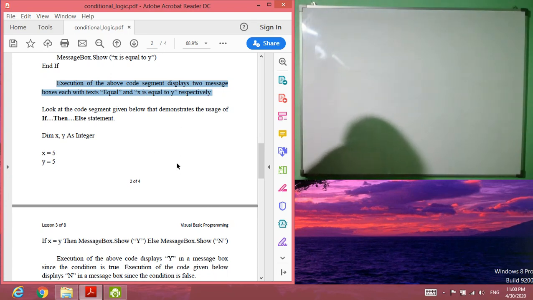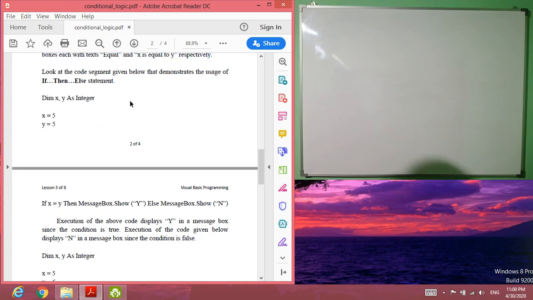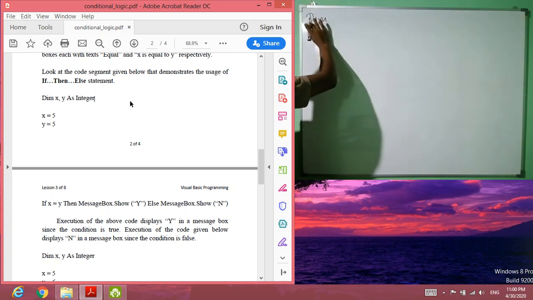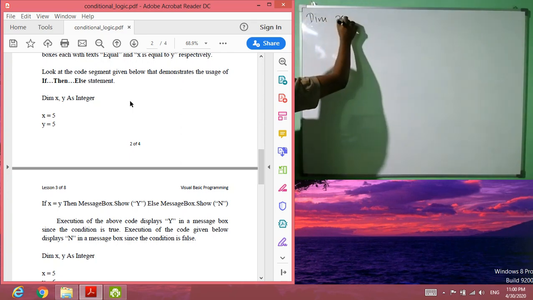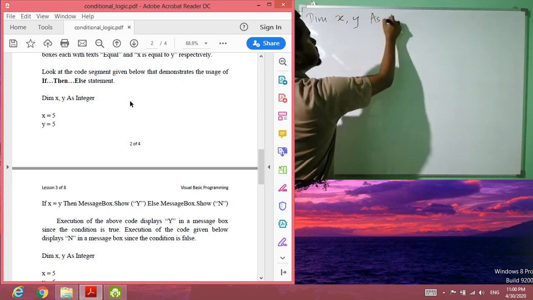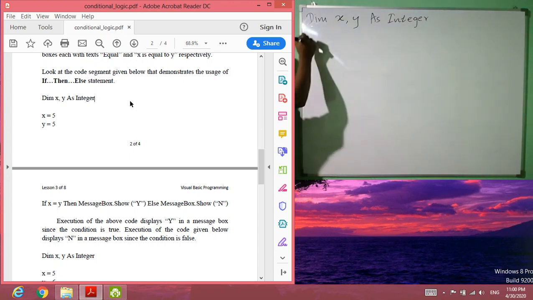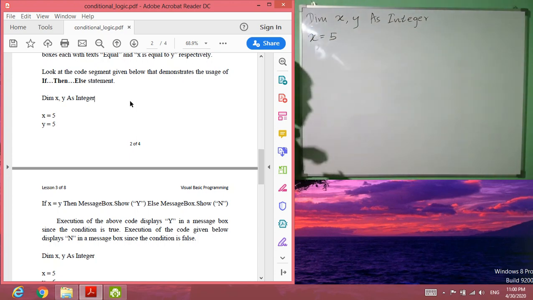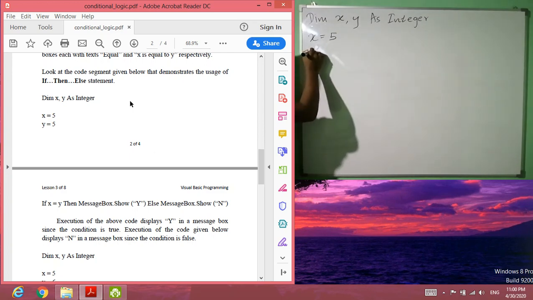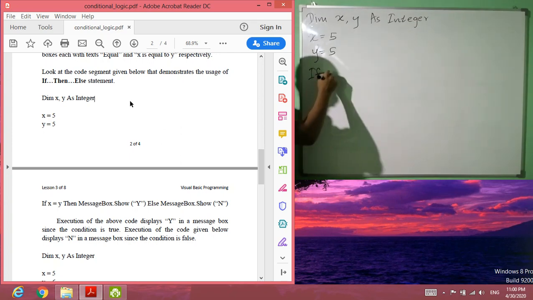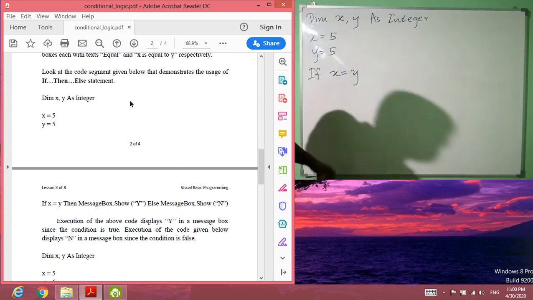That is called if then else. Okay, so now let's see. As usual, we declare two integer variables, x and y, as integer. Then we use the assignment operator, x = 5, y = 5. Then if x = y, this one is the equality operator, then